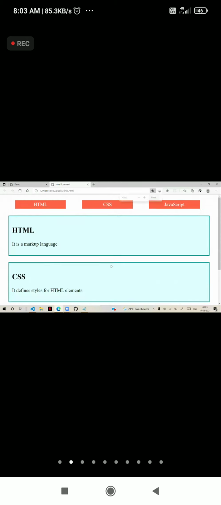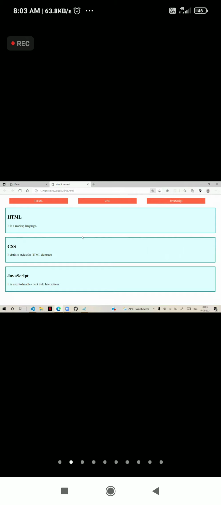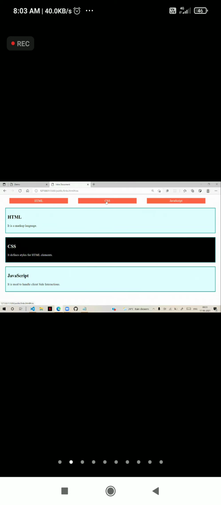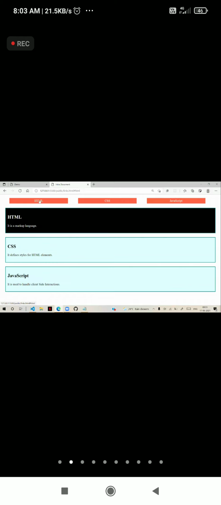In this, there is not much information to scroll. When I click on the link, that topic becomes target. So for that, we have used a target selector. If I click on the link, it becomes the target, then it will highlight.